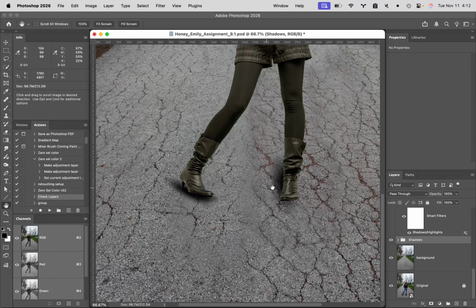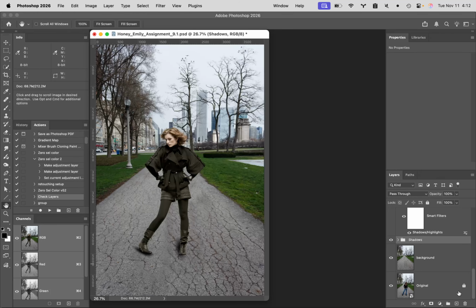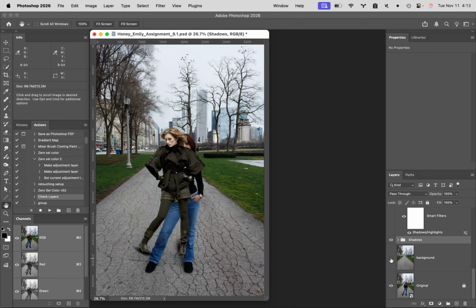You can see now they're in the wrong place, but that's okay. We can fix these things. That's not really the issue here. We are going to come back and fix these in a minute, but right now I want to look at other things in this image. So I'm going to double click on the hand again, and when I'm down here, I'm thinking, wait a minute, there are two background images in here. What's going on here? So I'm going to turn off the top background layer, and lo and behold, underneath it,